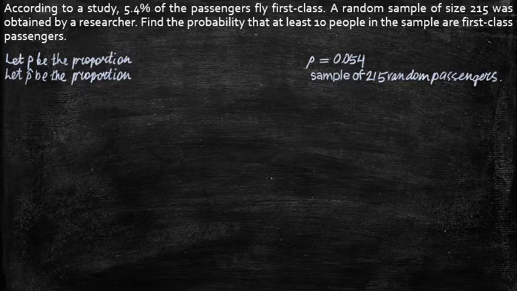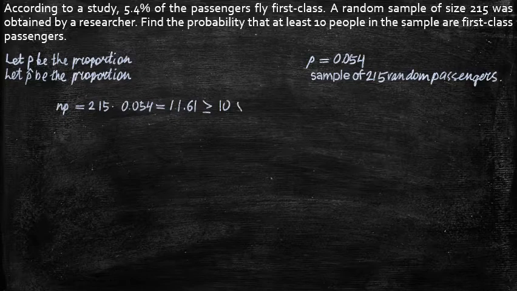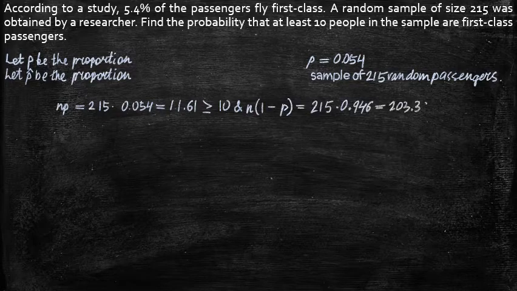Next, we find the product n times p, which is 215 times 0.054, which is 11.61, which is greater than 10. And we find the product n times 1 minus p, which is 215 times 0.946, which is 203.39, which is also greater than 10. Since both of these products are greater than 10, the sample is large enough for us to use the central